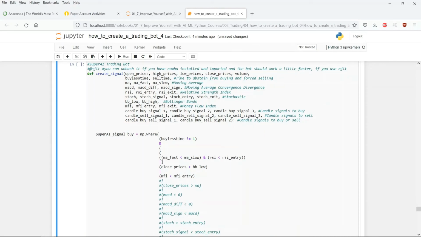So, our bot will get a signal to buy when, as previously, the time is right, our fast MA is lower than our slow MA and at the same time our RSI is lower than our RSI entry threshold, or last close price is lower than lower Bollinger Band, or last MFI is lower than MFI entry threshold, or last close price is higher than MA, or MACD is lower than 0, or MACD difference is lower than 0, or MACD signal is lower than MACD, or stochastic is lower than stochastic entry threshold, or stochastic signal is lower than stochastic